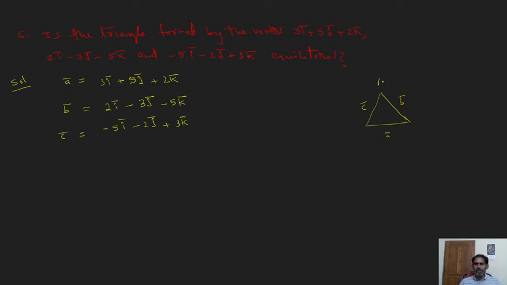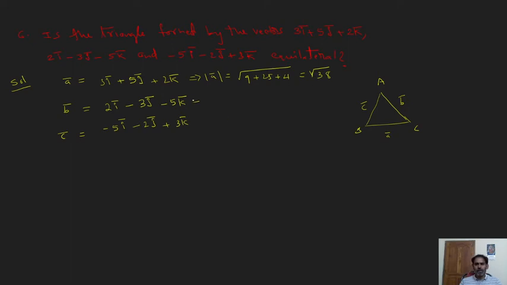See, this is a, b, c. So the magnitude of a bar gives the length PC, the magnitude of b bar gives the length AC, and the magnitude of c bar gives the length AB. All sides we are finding. So the modulus of a bar is just the square root of 9 plus 25 plus 4. How much is this? 38, so root 38.